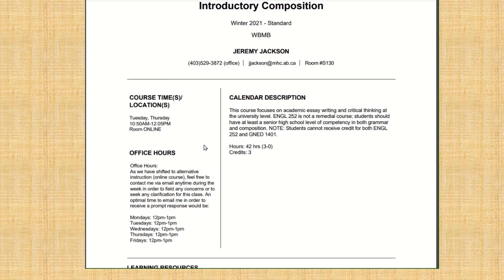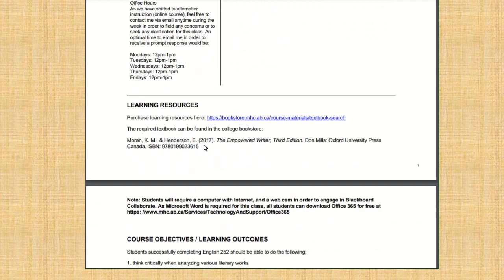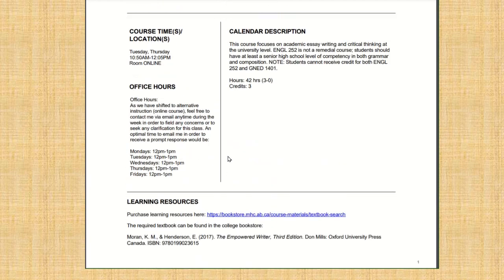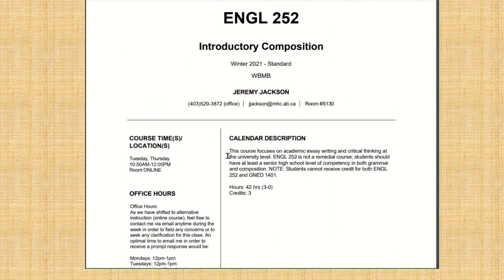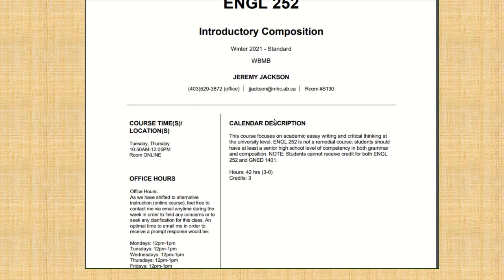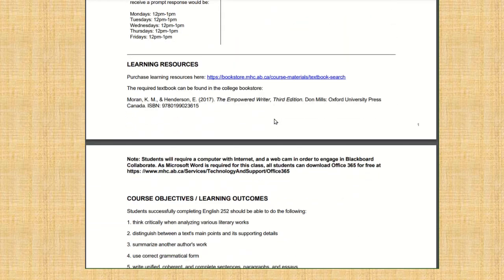But feel free anytime, because it'll become imperative, I think, if you're taking many classes this semester, and many are, that you're going to get maybe confused or lost as we approach the middle of the semester when individuals are taking midterms. And it'll be imperative for you to reach out to me for clarification. That's fine. Do so. And I implore you to do so with the rest of your instructors as well. Just backing up a bit, I have 3 classes, English 252s, that meet on Tuesday, Thursday. So just disregard if this is not your specific class, WBMB. Just disregard that.